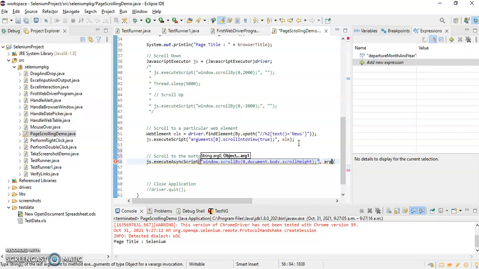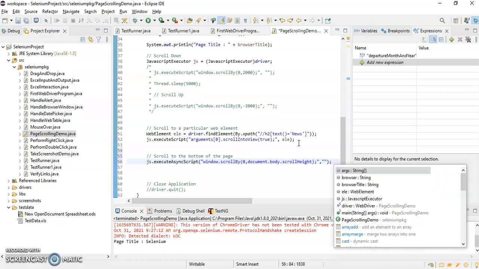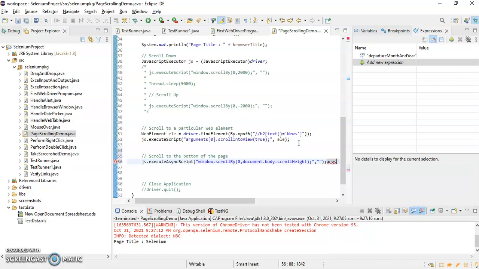In the second argument you don't have to pass anything.